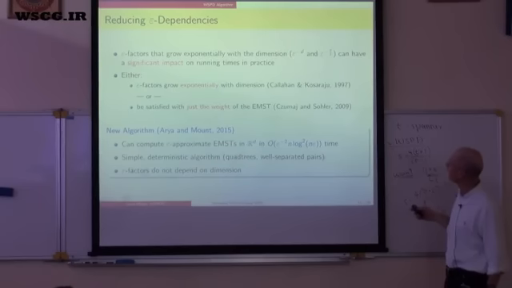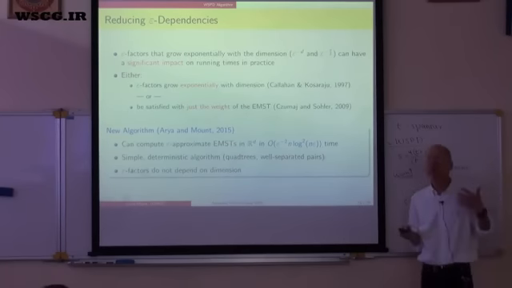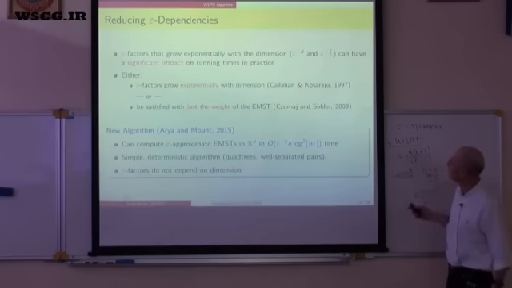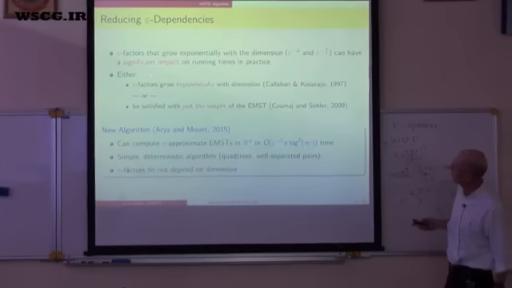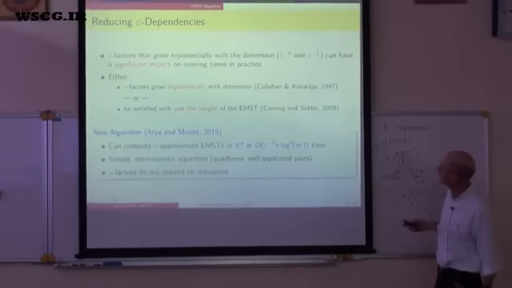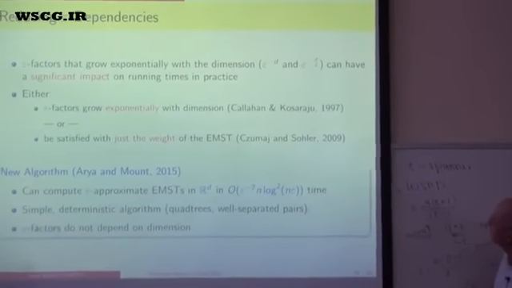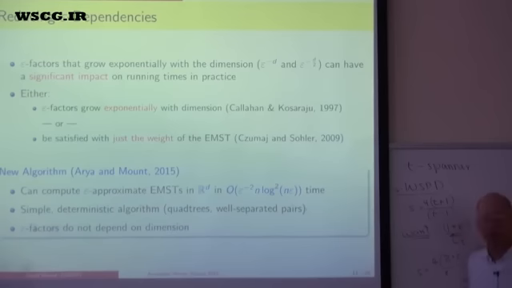If I imagine that I'm solving this problem in dimensions somewhere between 2 and maybe 10, taking a parameter, even for a 10% error, raising 1 over 10 to the fourth power or something like this, and multiplying it by your running time, that's going to be a significant impact. So I would like to keep this quantity as small as I can. I either have to deal with the fact that my epsilon factors are going to grow exponentially with dimension, which I don't like, or the alternative, remember, is I have these results by Chazelle and Shumai and others that